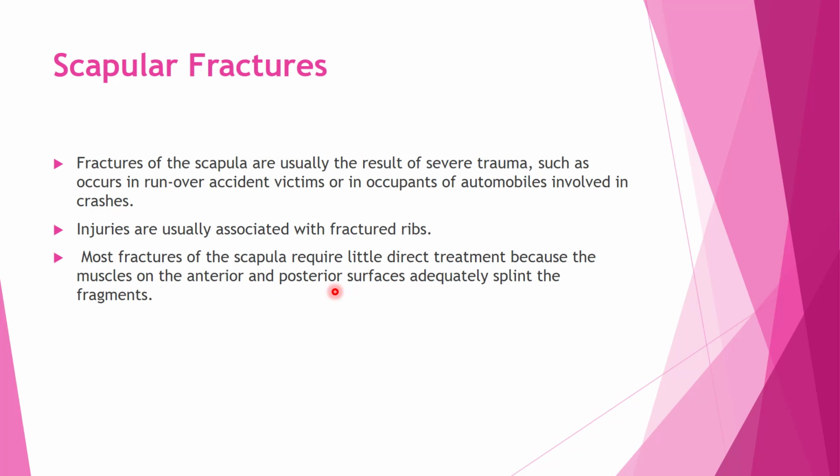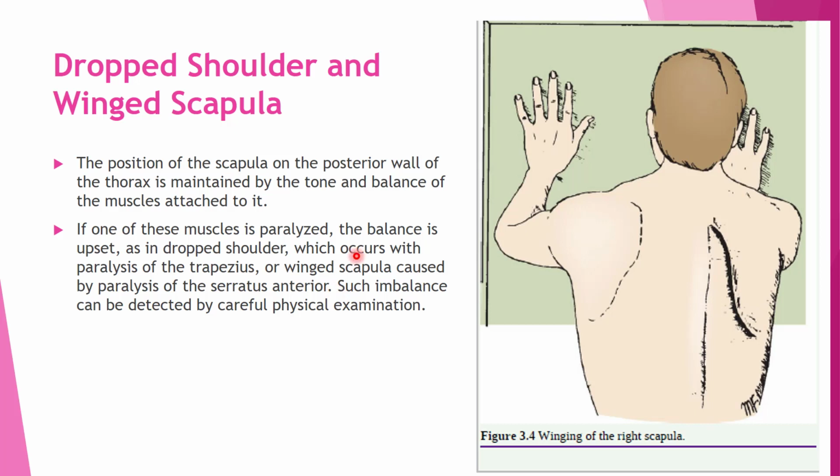Now the most important clinical application which you have to learn and which will come in your exam is winging of the scapula, or the drooped shoulder and the winged scapula. The position of the scapula on the posterior wall of the thorax is maintained by the tone and the balance of the muscles which are attached to it. If one of these muscles is paralyzed, the balance is upset, as in the drooped shoulder. Remember this thing, drooped shoulder occurs with the paralysis of the trapezius muscle,